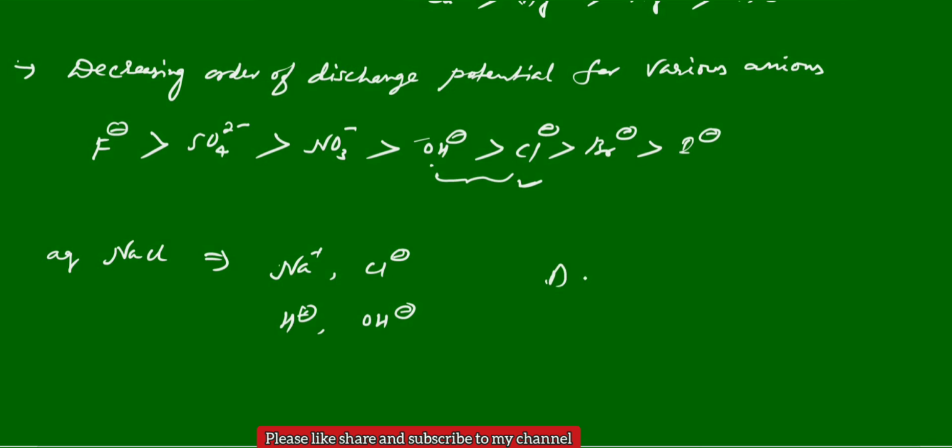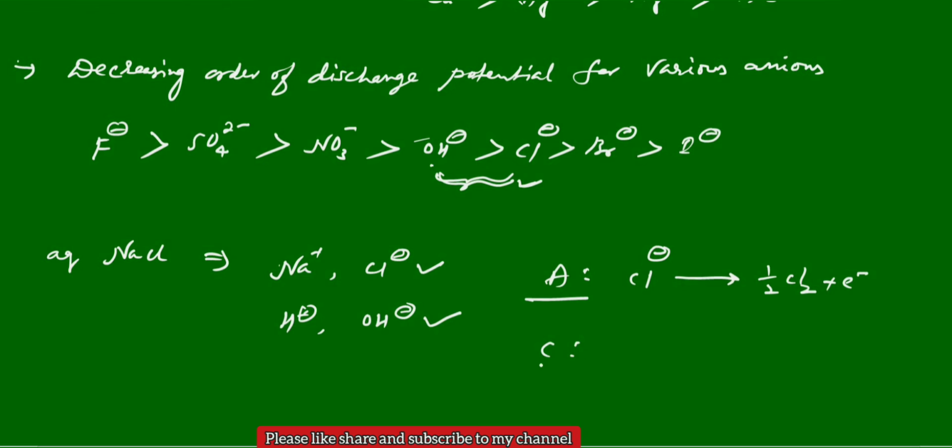Now at the anode, what happens? Oxidation. Now you check the decreasing order of discharge potential for various anions. What are there here? Cl minus and OH minus. Now the competition here: OH minus has more discharge potential than Cl minus. So for the discharging of Cl minus, we require less energy. So Cl minus can preferably move to the anode. Simple. By using this order, we can identify. Now there is no need to take their electrode potential values. Directly, it can liberate chlorine gas.